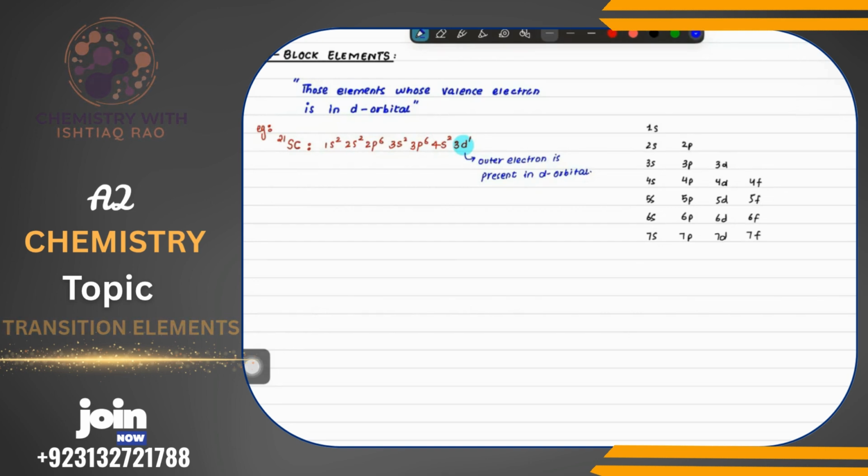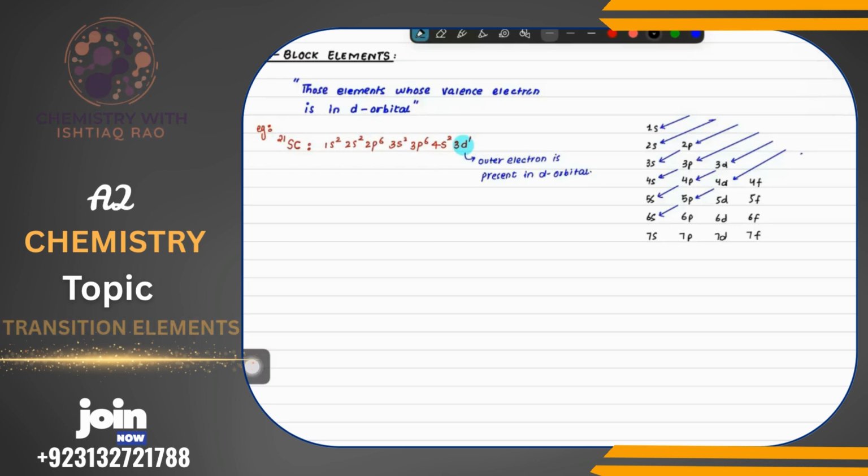Then I can say the first arrow is on 1s, the second arrow is on 2s, the third arrow is on 2p, the fourth arrow is on 3s, then the fifth arrow is on 3p, then the next arrow is on 4s, then the next arrow is on 3d, then the next arrow is on 4p, then the next arrow is on 5s, and then the next arrow is on 4d, and then on 5p, then on 6s, and then so on. So after looking at this pattern,